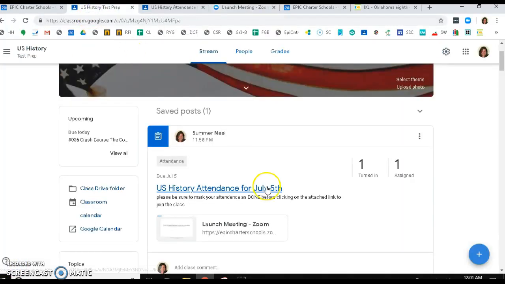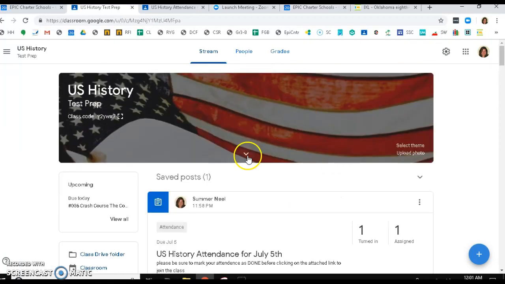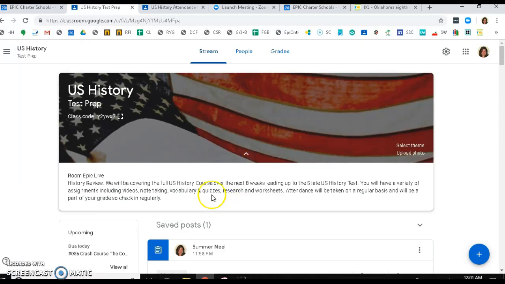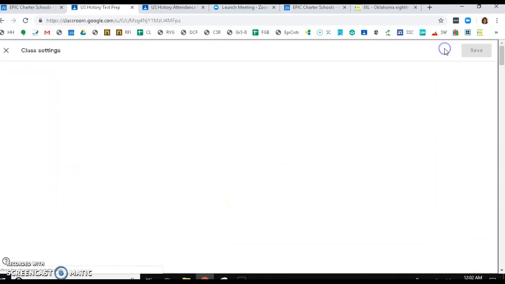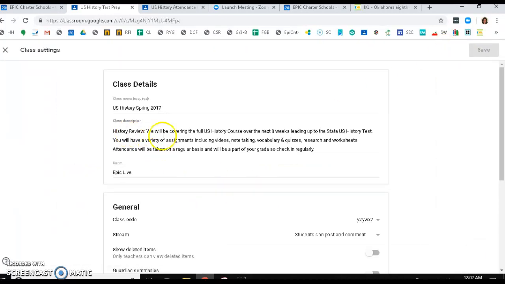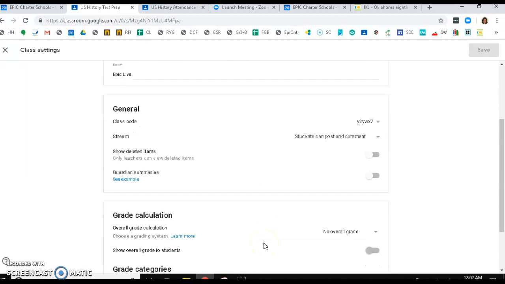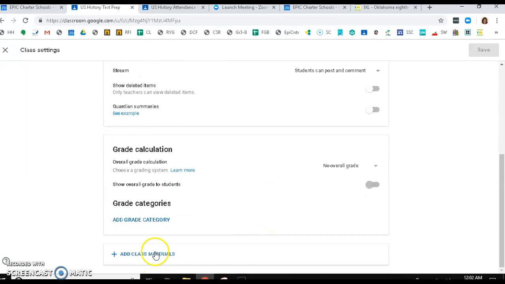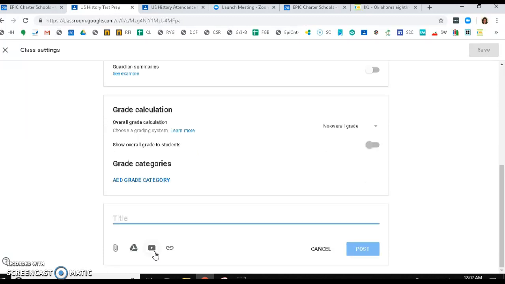Also recommend that you add your Zoom link to your class materials, which would be found right here. The way to do that is to go to settings. Go here, you can see your class details. If you go down to add class materials, you can put